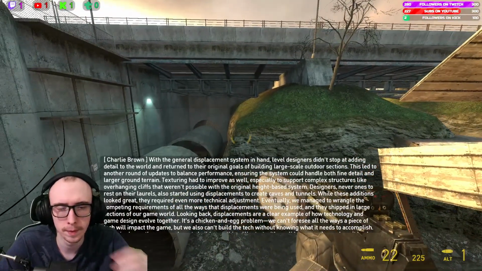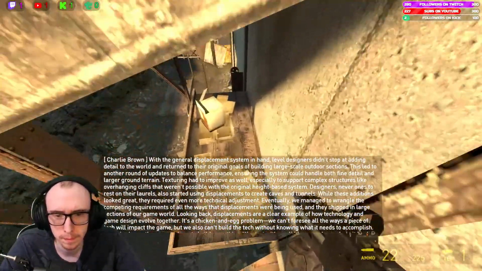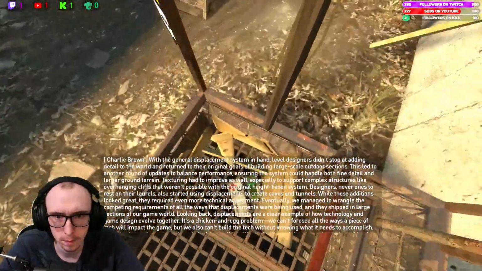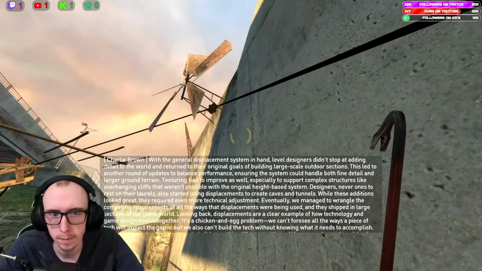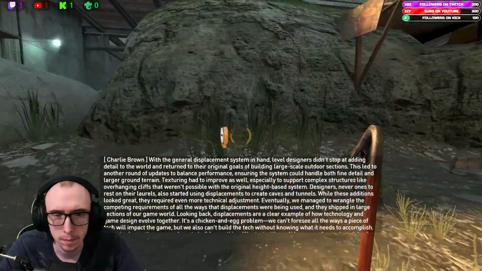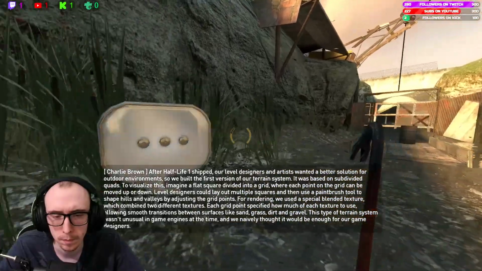Displacements 3. With the general displacement system in hand, level designers didn't stop at adding detail to the world and returned to their original goals of building large-scale outdoor sections. This led to another round of updates to balance performance, ensuring the system could handle both fine detail and larger ground terrain. Texturing had to improve as well, especially to support complex structure. Displacements 1. After Half-Life 1 shipped, our level designers and artists wanted a better solution for